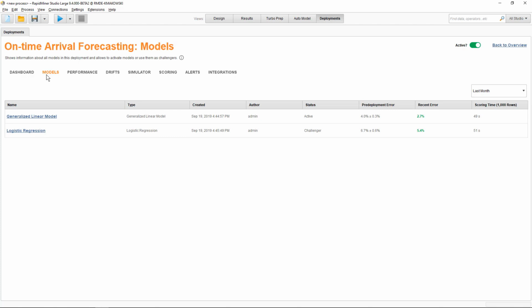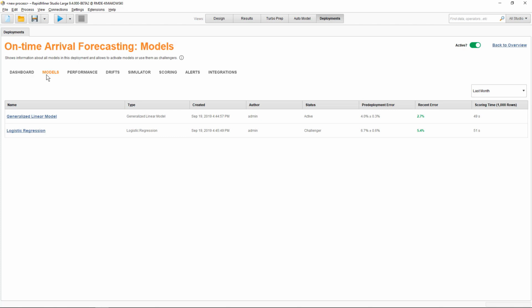Now, the difference between those two is threefold. Only the active model's scores can be exported when scoring is done through the Scoring tab. Only the active model is monitored and alerts get triggered. Finally, but most importantly, when the deployment as a whole is activated, then only the predictions done by the active model are returned through a web service. Challenger models, on the other hand, are also used for generating the predictions in the Scoring tab or via the web services, but those predictions are only used for calculating the performance of those challengers